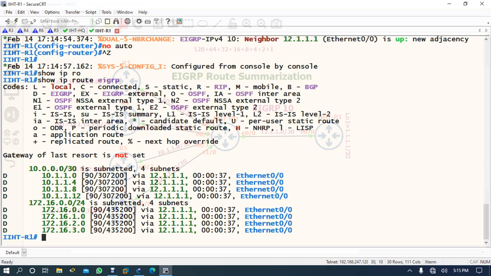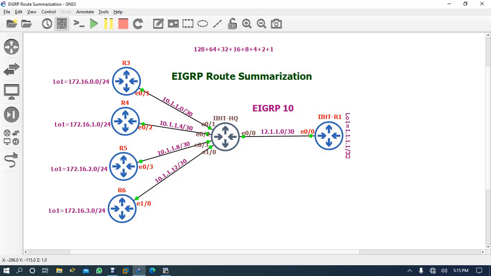Now what is the process and what can you do? You can reduce the routes which you are receiving from your different neighbors. See here, these 4 routes and these 4 routes, a total of 8 routes the IST headquarter is receiving, right? So the IST headquarter can manage those routes because it's a heavy router. But if the IST headquarter router is sharing the same routes with the neighbor router inside the company,